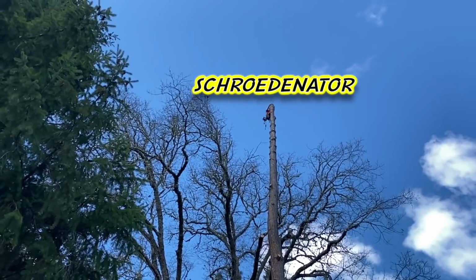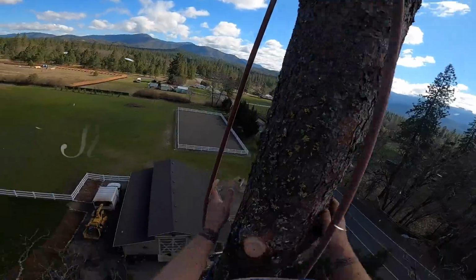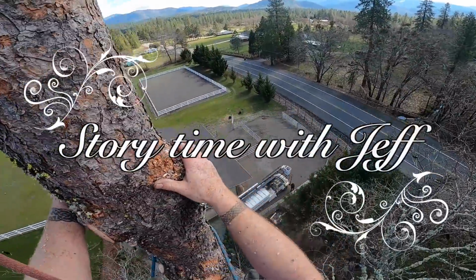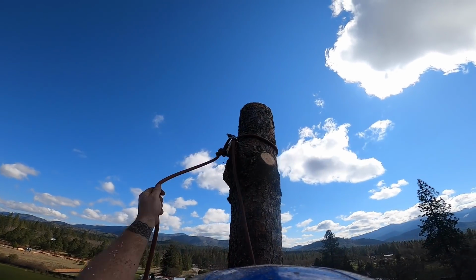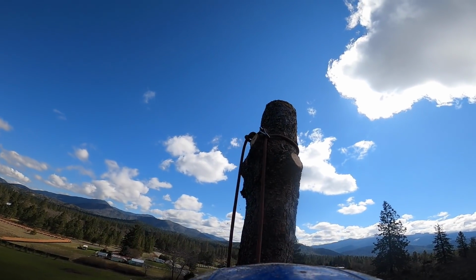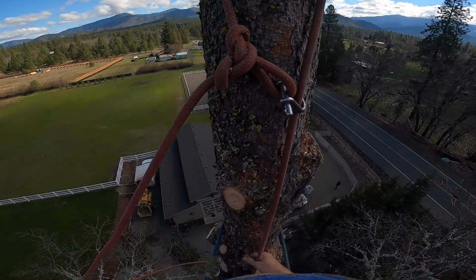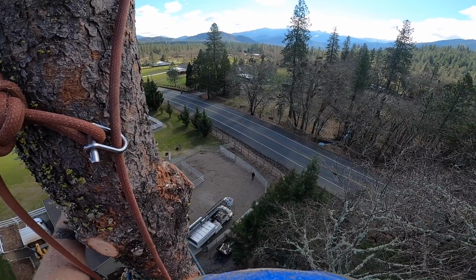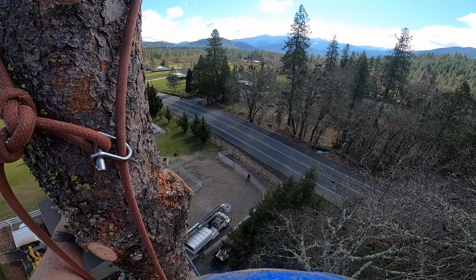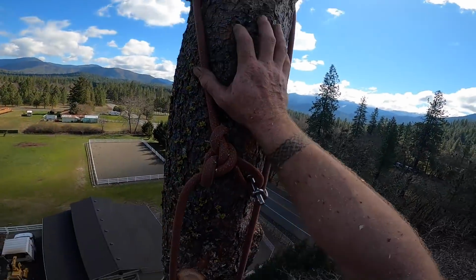Good job, Schroeder. I always get paranoid about back weight. I was taking a pine top one time and it was smaller than that. It was skinnier, but it was way taller. And the wind picked up at the wrong time, and it took everything in me. Like, all my muscles in my body were flexed. You know what I mean? Grabbed right below the face and